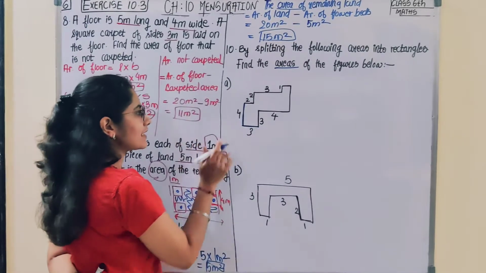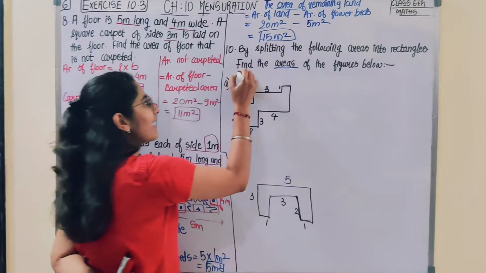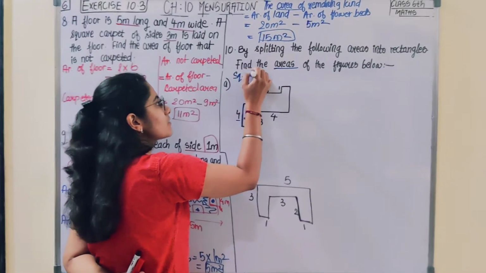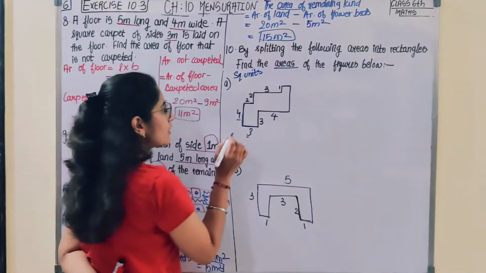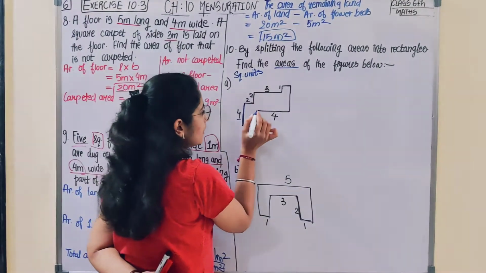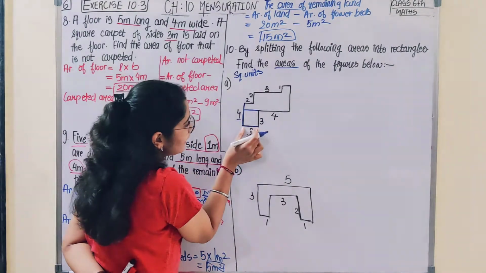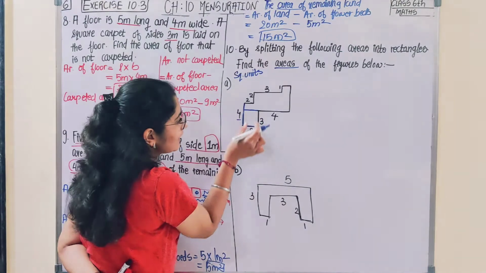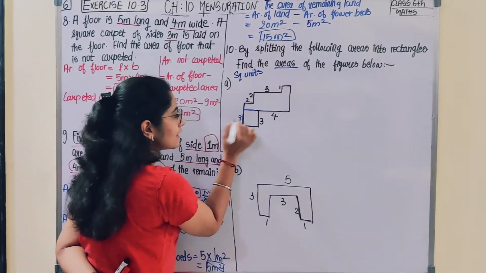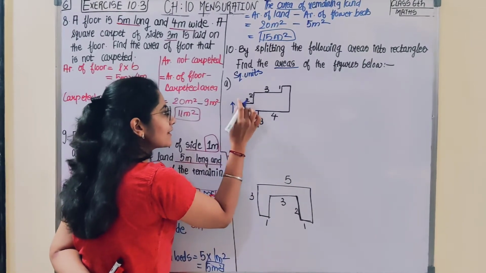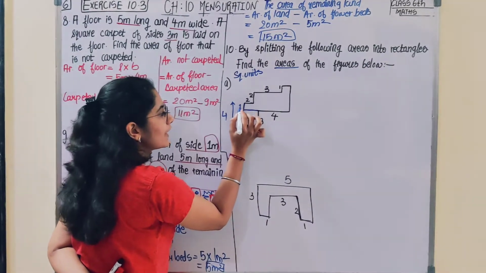Okay, not meter. Let's say suppose they have given dimensions 4 and 3. So let us consider this as square units. Okay, because we are not aware. So now you see, you extend this. तो देखो ये लेंथ और ये लेंथ सेम है, दैट इज 3 सेंटीमीटर. अब देखो ये और ये सेम है, तो मैं इसको 3 कह सकती हूँ. इसका टोटल जो लेंथ है वो है 4, जिसमें से मैंने 3 ले लिया, तो ये कितना बचा, 1.